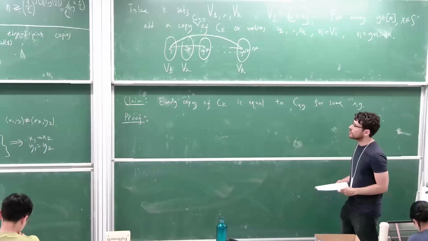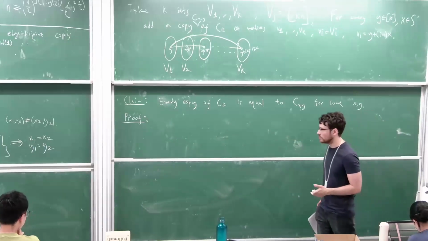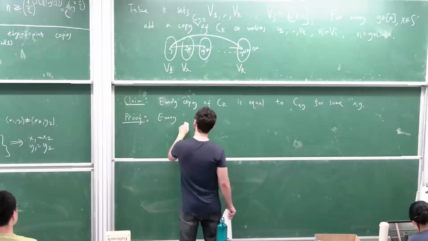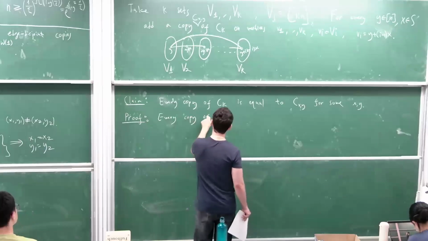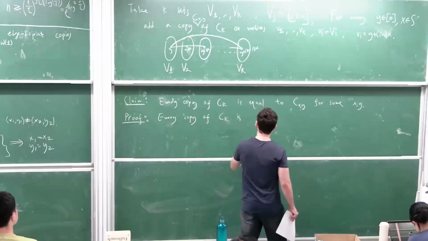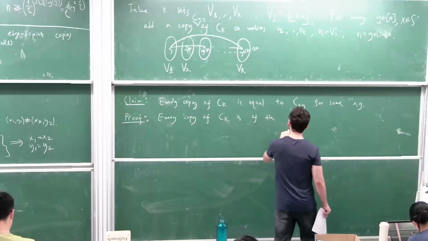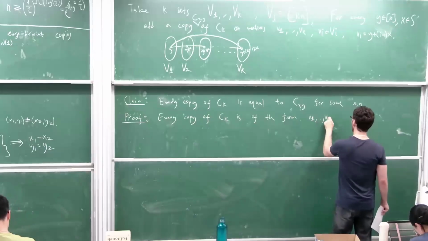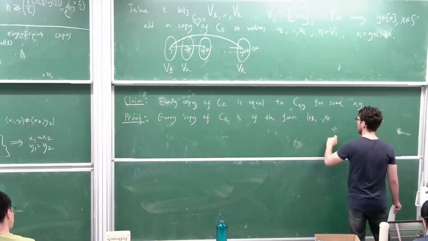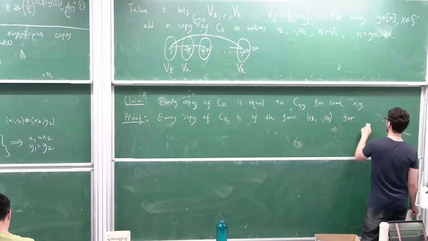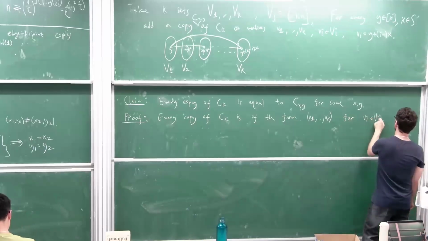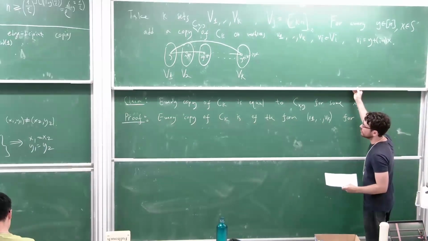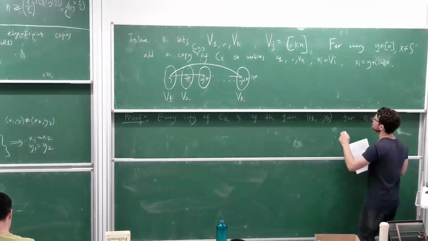Okay, so suppose we have a copy of the CK. So the first thing we need to observe is that every copy of CK is of the form B1 up to Bk, or Di in Di. The first claim is that the only way you can have copies of Pk is if